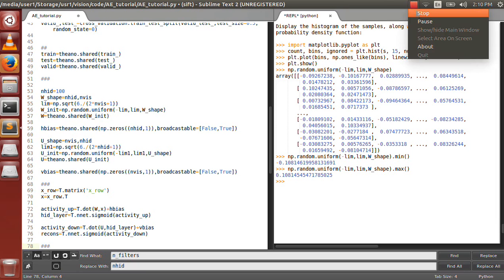H bias, if you notice, is just 100, 1. So we need to signal to Theano that while adding this 100, 1 size matrix to a 100, 17 size matrix, it should just replicate the single column that is present in H bias 17 times and add it. So that is the broadcastable parameter that we used upstairs then. So we are saying that broadcast it along the dimension which is just 1, right? So activity up is the dot product, is the matrix multiplication of W and X with H bias added, and hidden layer will be defined by putting a non-linearity on top of it, which in our case is the sigmoid function.